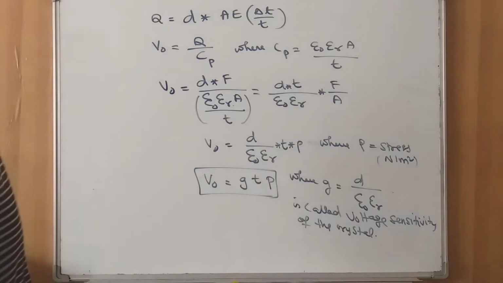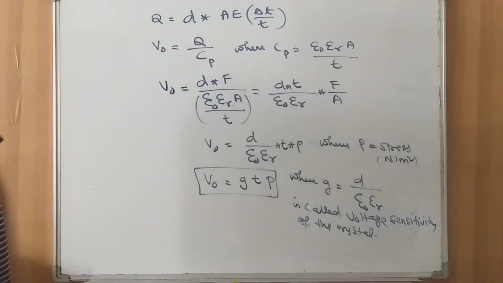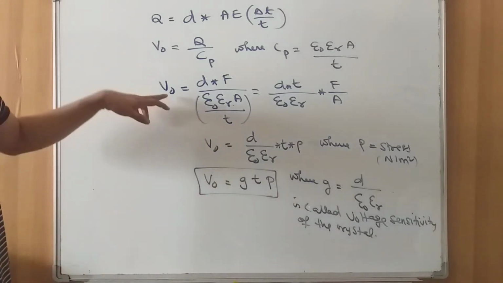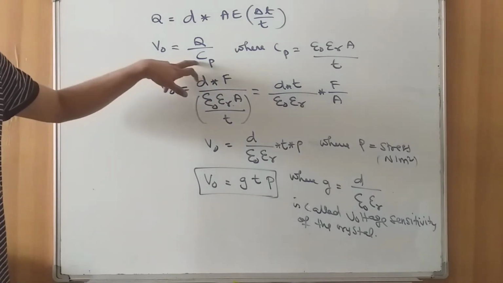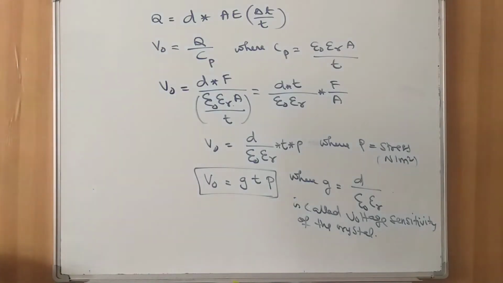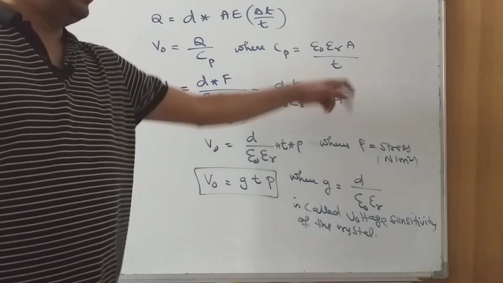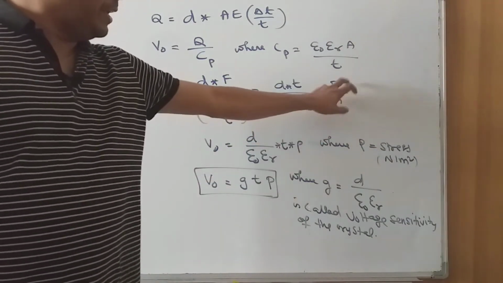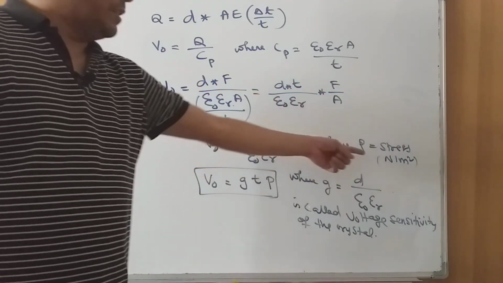Okay, so we know that V out is equal to Q divided by Cp, and Q is the charge. That charge is due to the applied force and can be calculated by the equation Q is equal to D times F, and Cp is the capacitance of a parallel plate capacitor, which is calculated by the equation epsilon 0 epsilon r A divided by T. If you substitute this equation, we will get D T divided by epsilon 0 epsilon r into F by A, and F by A is nothing but force by area, which is pressure or stress,